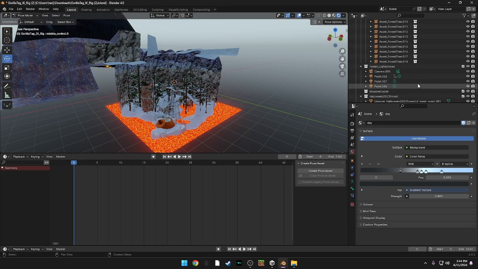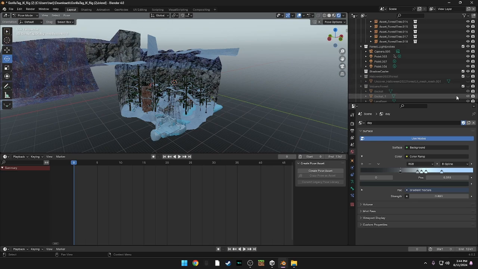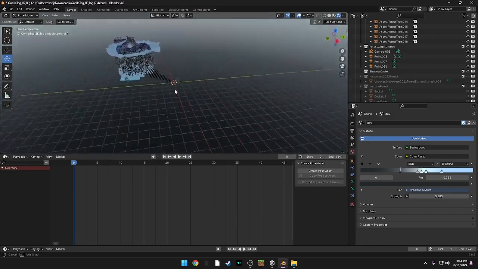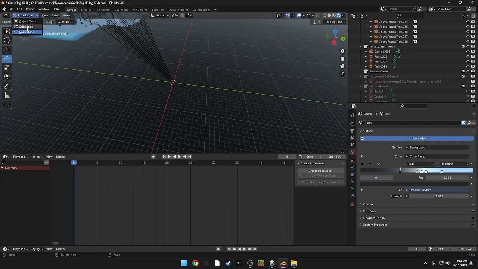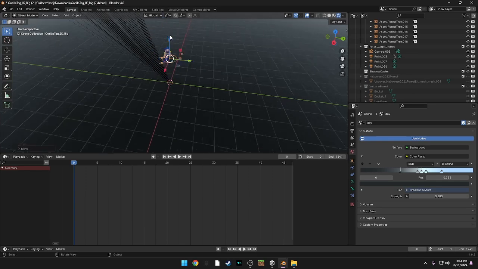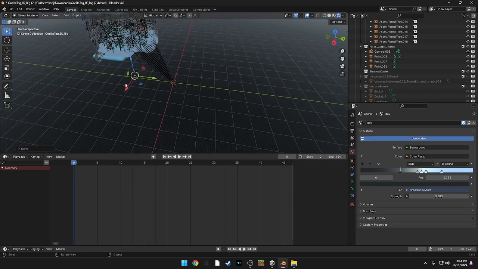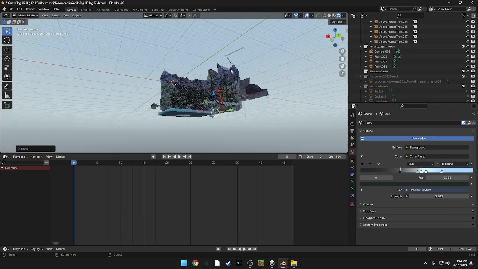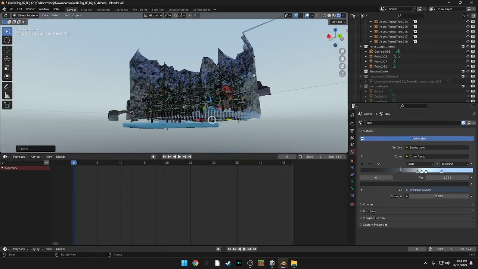Why are there so many cameras? Yeah, I think I got what I want. So now we can go to object mode, press on this little dude, and drag him over to the forest, our map. I'm not gonna show you how to get the map, I'm just showing you this. I will, if you guys want me to show you, but